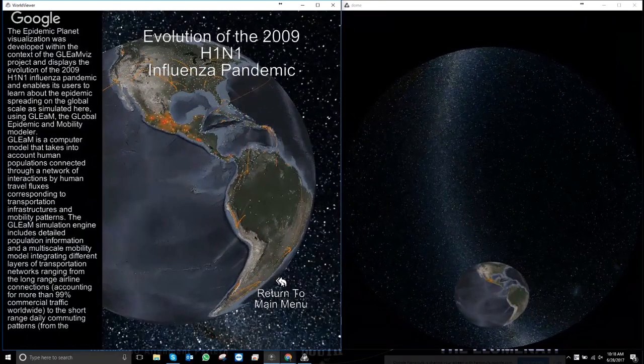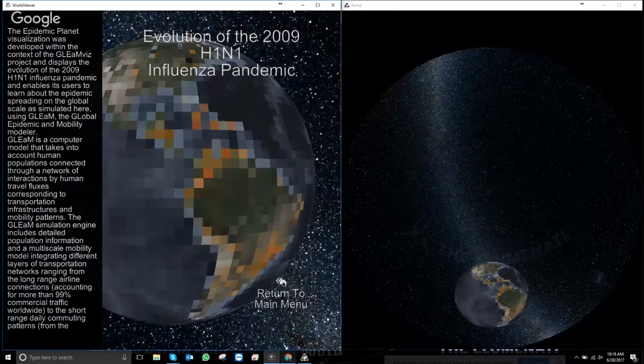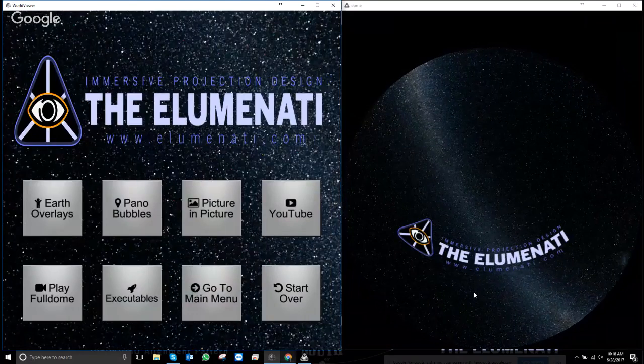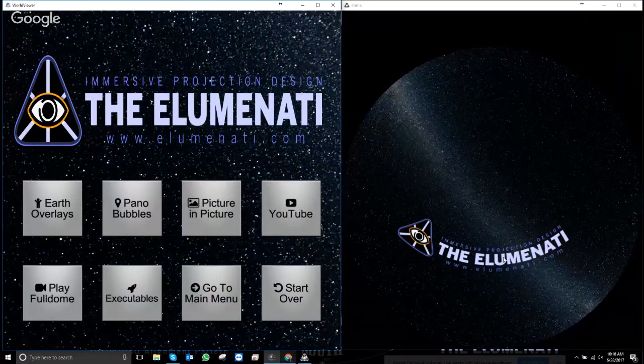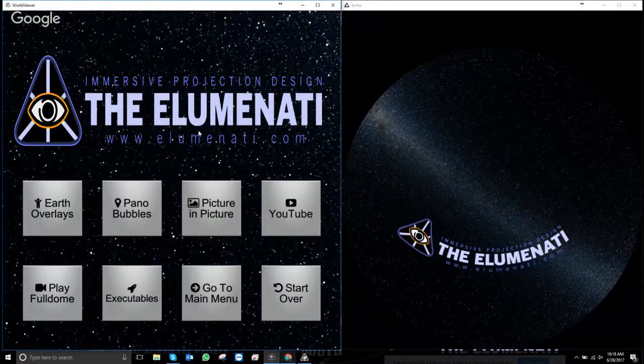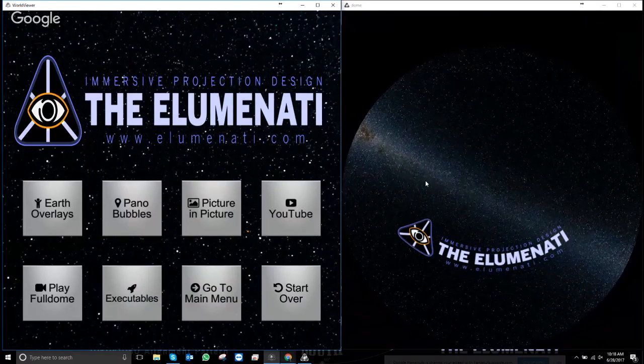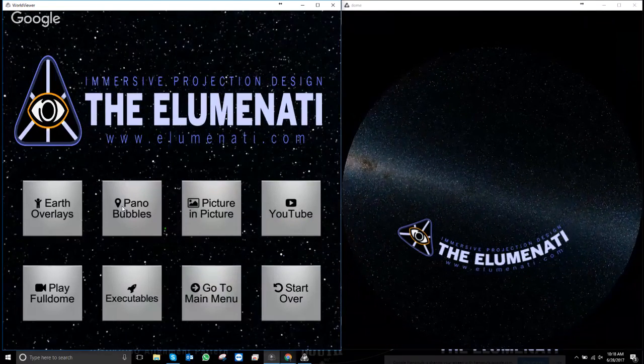I have a return to main menu button here on my GUI that allows me to return to the main menu, but it makes the operation on the DOM seamless so that there's no bouncing from window to window on the actual DOM itself, even though I'm going through different